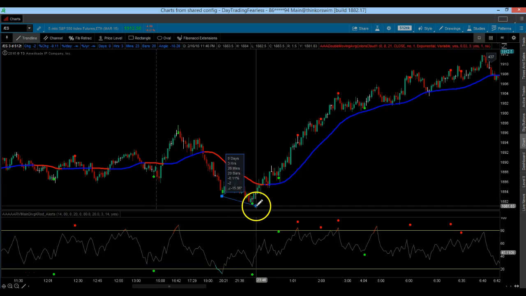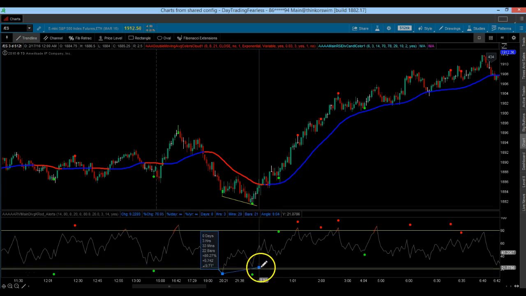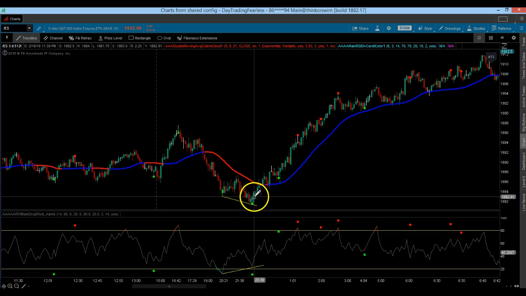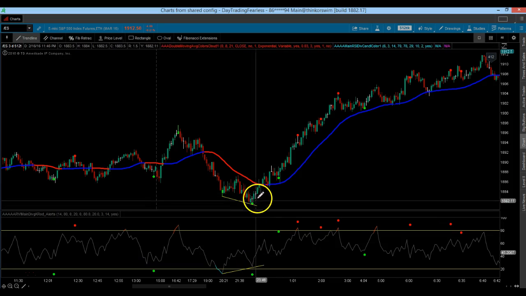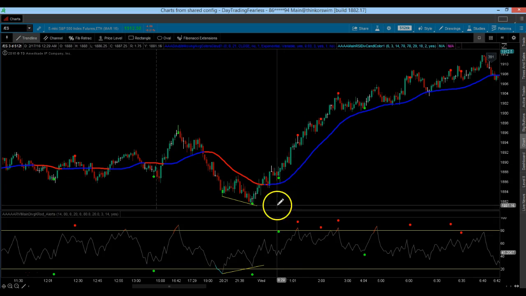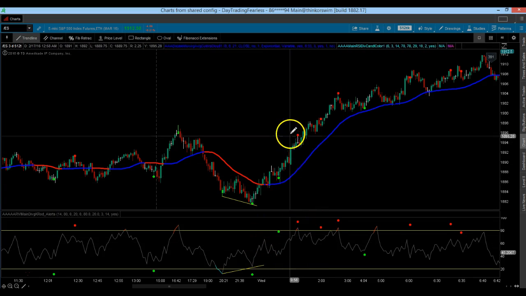Right here, we have very clean divergence with the dot. You want to enter on that dot, your stop goes below there, and look at the run you could have had. Okay, now here, again, RVI in here,